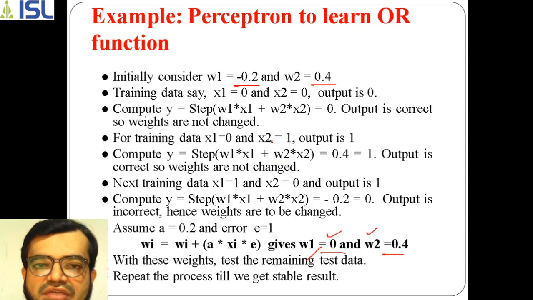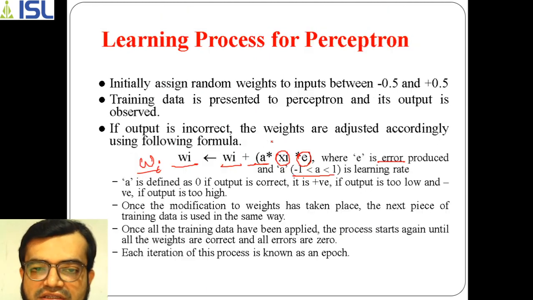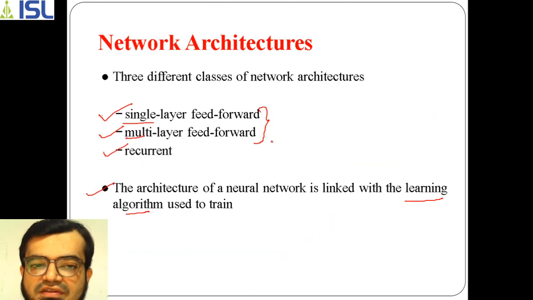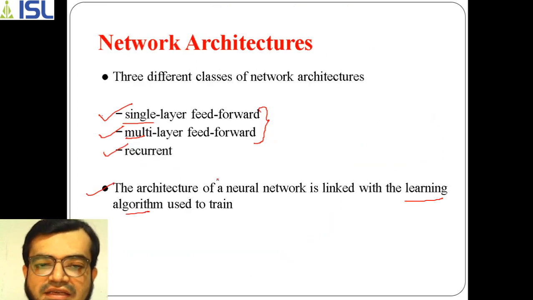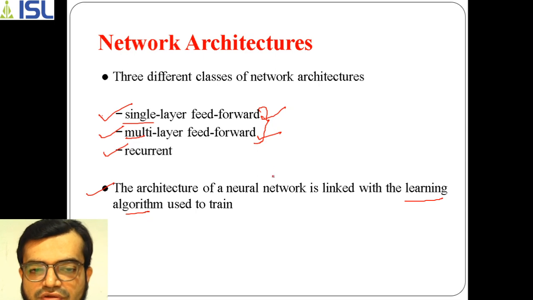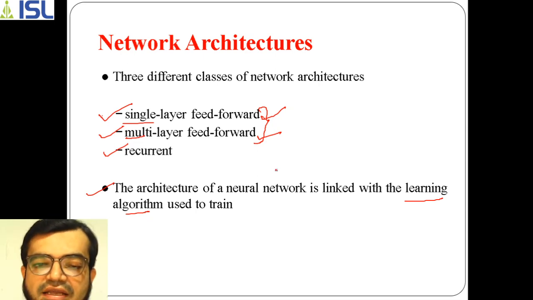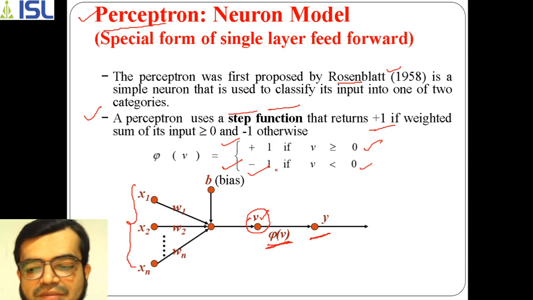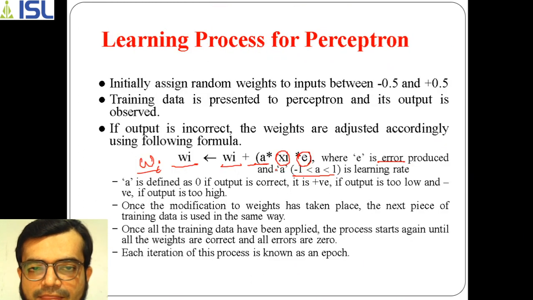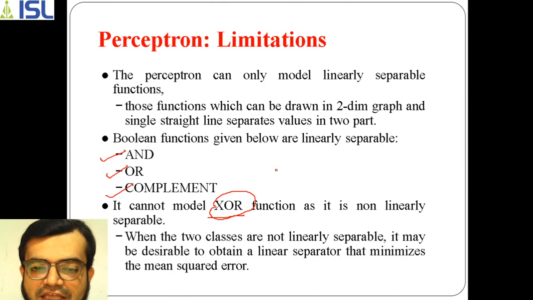So this is the perceptron algorithm, because I said that for a single layer we are seeing how this learning algorithm is used. In the same way we will now be seeing the multi-layer feed forward network. So this is what we have seen about single layer feed forward, which is your perceptron learning algorithm, and we have seen it with an example also.